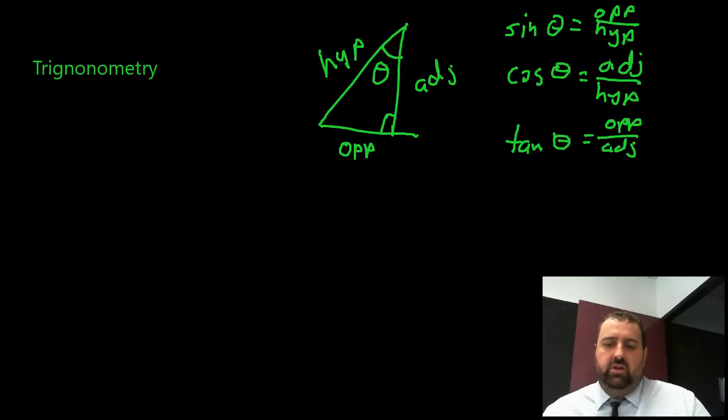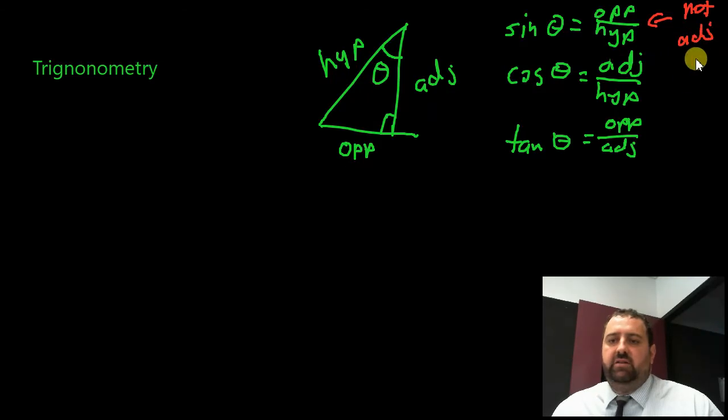Okay? The thing that you need to remember with these is you're looking for which one isn't there. So in any question, I'll have one side given to you and another side that you need to find out. Okay? So there'll be 2 sides that are involved and one side that isn't involved. So if the one that isn't involved is the adjacent, then you're looking at sin, okay? Because it has opposite and hypotenuse, not adjacent. Cos is when